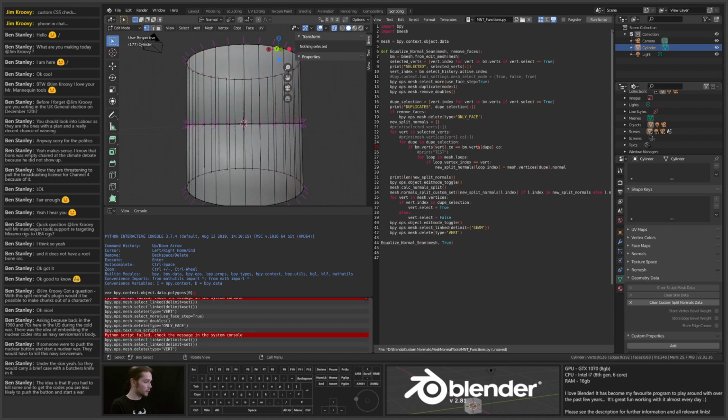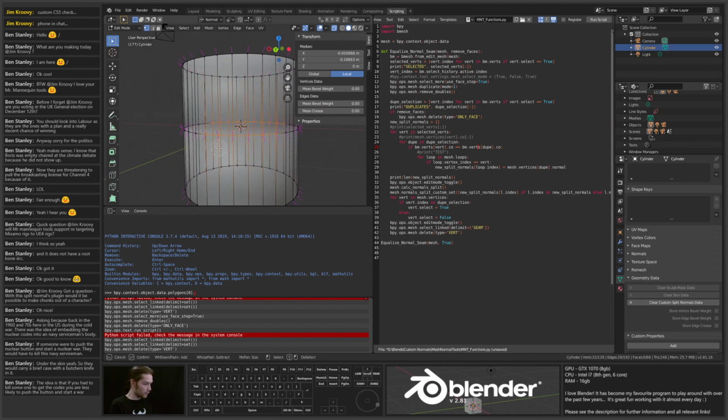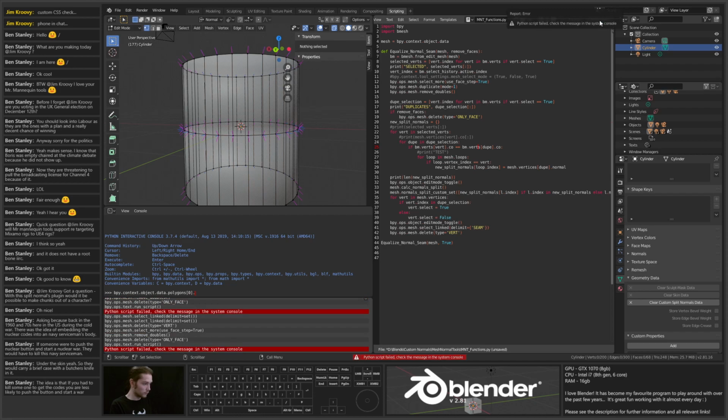Delete. Still having issues with this. Outdated internal index table. Okay. Ensure lookup table first. This is what I want. So where do I put that? So before I start looping,